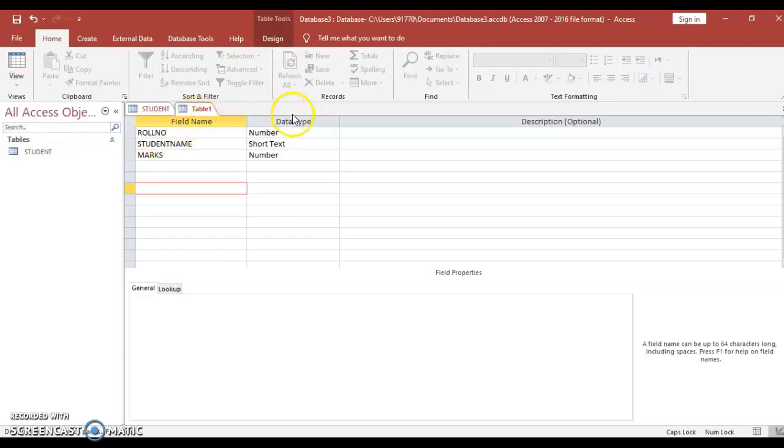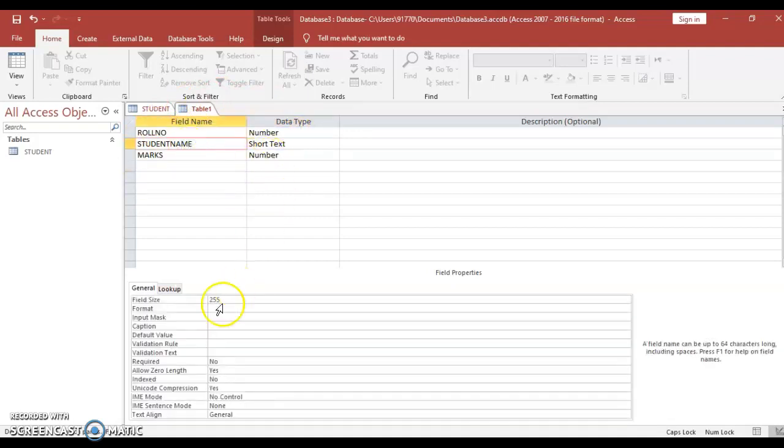This is field name and this is your data type. Okay, so roll number, student name, marks, these are your columns name, and in that column which type of data you want to store, select the appropriate data type from here. And from here, the general field properties there, that is field size, format, caption, default, validation rule.